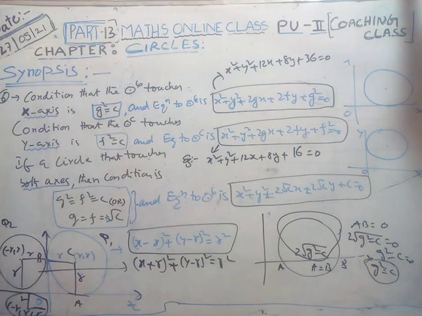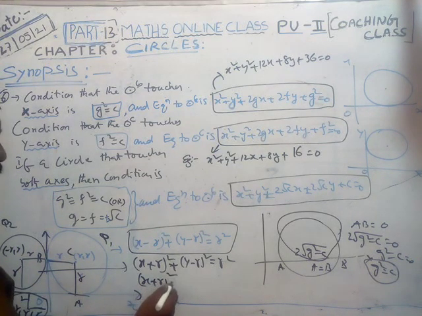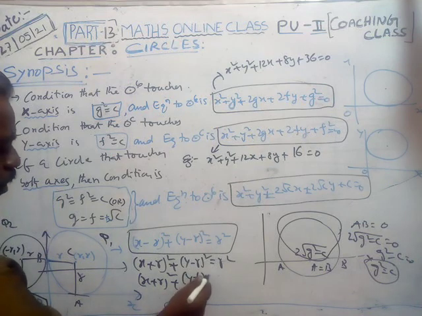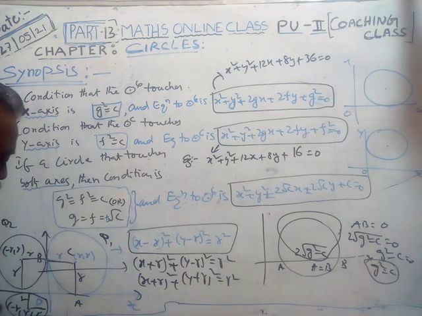Then in quadrant 3, it is x plus r whole square plus y plus r whole square is equal to r square. Like that in the fourth quadrant, the center is r but minus